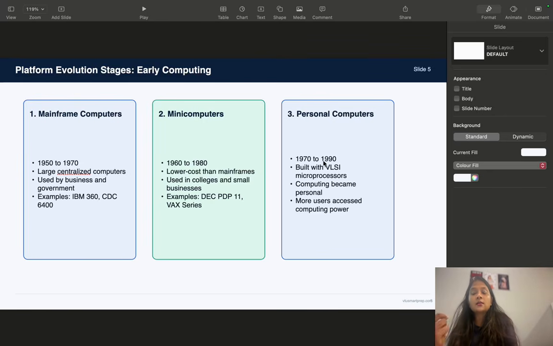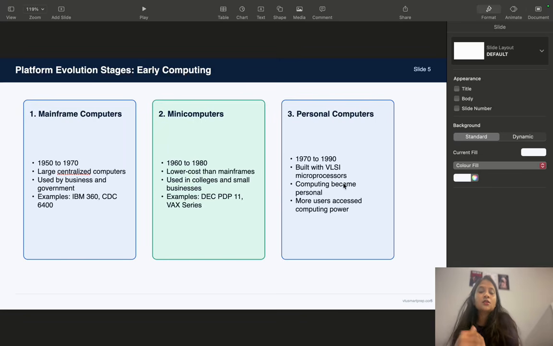How did it become popular? Because it was built with VLSI microprocessors. This was a major change because computing became available for individual users, not only for big